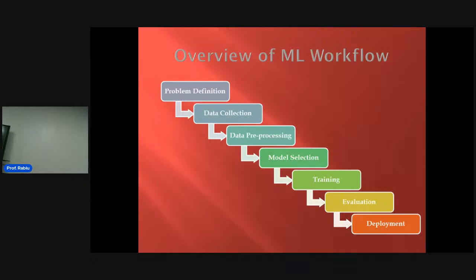Then we do the model selection. So after collecting the data, we pre-process the data by cleaning the data and all these. We need to do the model selection, the model that will work on this data. Why do we need to do this? Not all models can work for all problems. Each problem will have a different model based on different data. So we need to look at our data by pre-processing it. Then we know the type of model which can be used for that particular data.